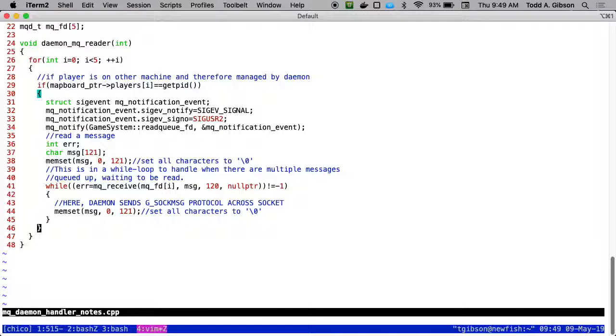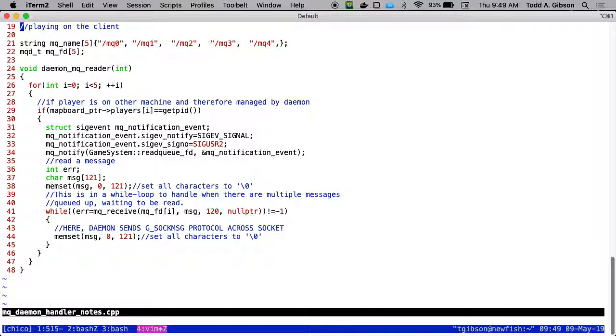Am I missing anything? I think that's about it. What is the purpose of that final MM set? Is that to refresh it when you loop through again? Yeah, so that's covering the case if you're going to iterate more than once on the while loop. You're going to immediately do another MQ receive, and